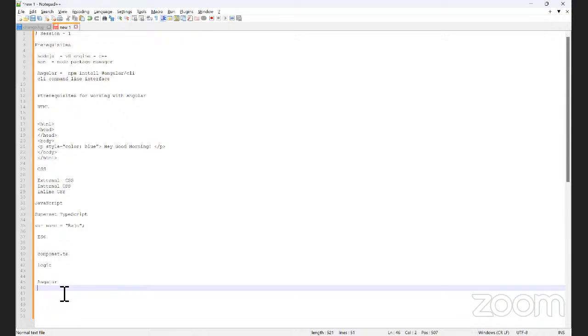So these are one-way and two-way data binding. And there are services, which are used to communicate or integrate backend APIs with Angular to display data.